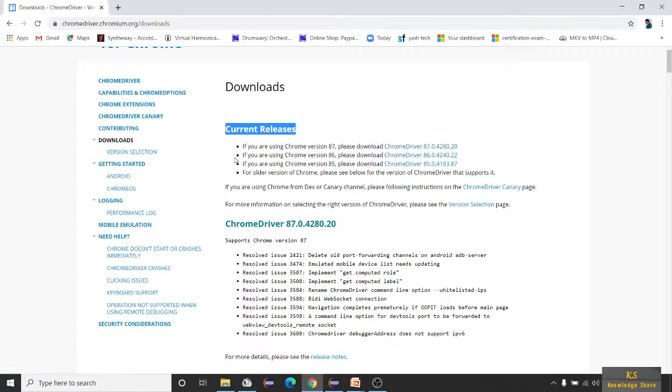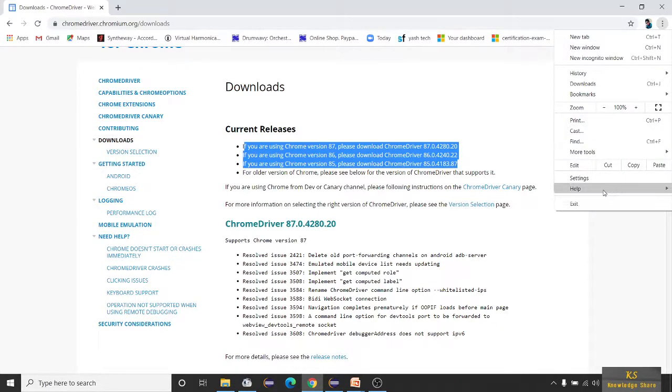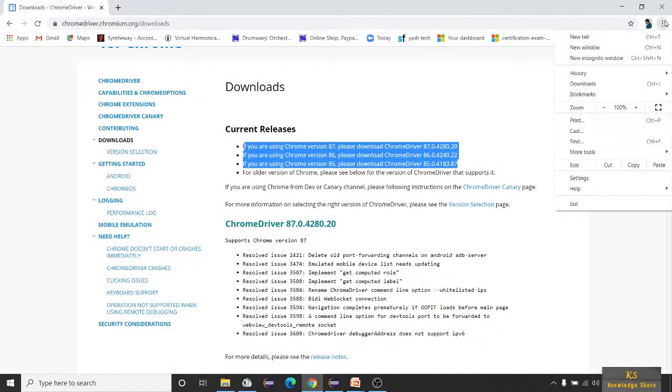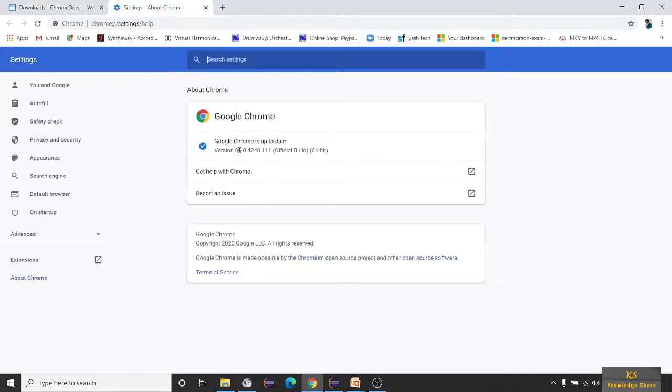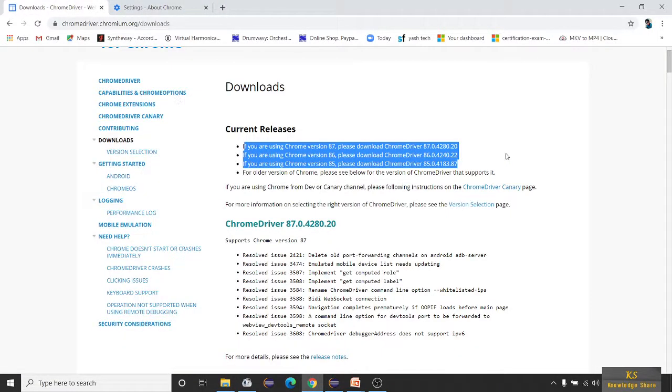Before you download any version here, just check which version you are using. Click on these three dots, click on Help, About Google Chrome, and you can see the version here, it's 86, right? So just simply download 86.